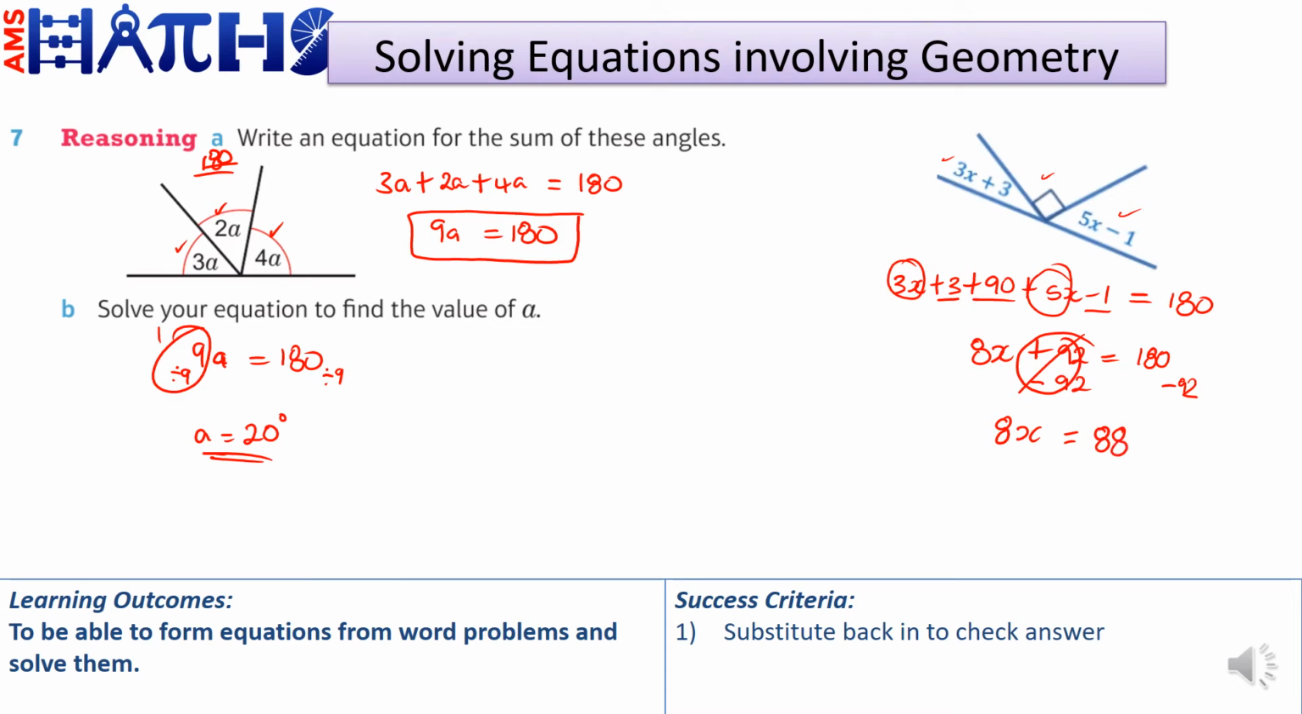And then all we have to do now to find x is to divide by 8 on both sides. And so 8 divided by 8 gives us 1, so we're left with 1x. And 88 divided by 8 is 11. So then x is 11